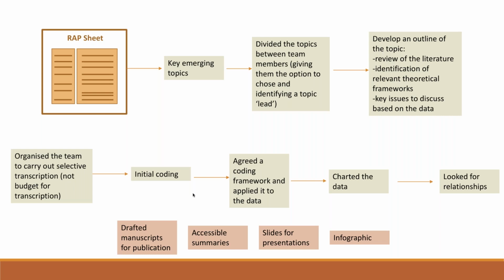And then we thought about our dissemination and covering different layers or different audiences as well. Like I mentioned before, early engagement with these stakeholders led to us sharing findings twice a week. This was done in one-page memos or bullet-pointed lists, something very basic. Then we started doing some additional work, drafting some manuscripts for publication, creating accessible summaries so a broader audience could engage with the information included in those manuscripts.